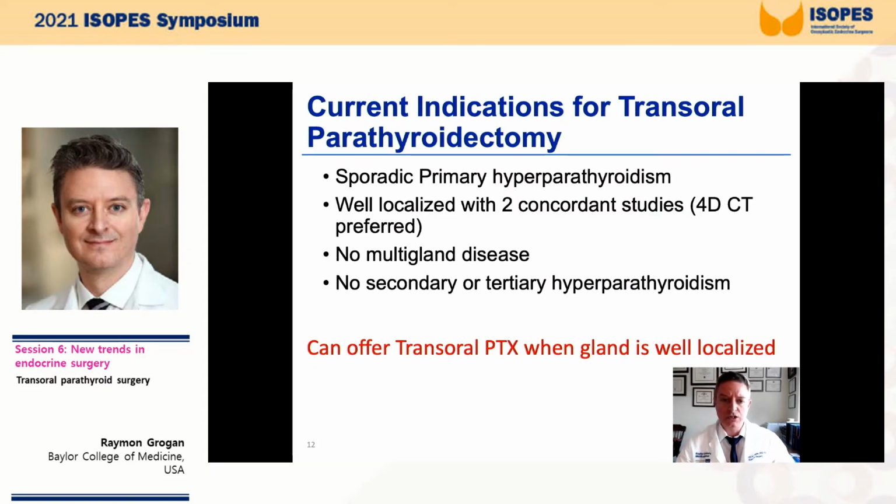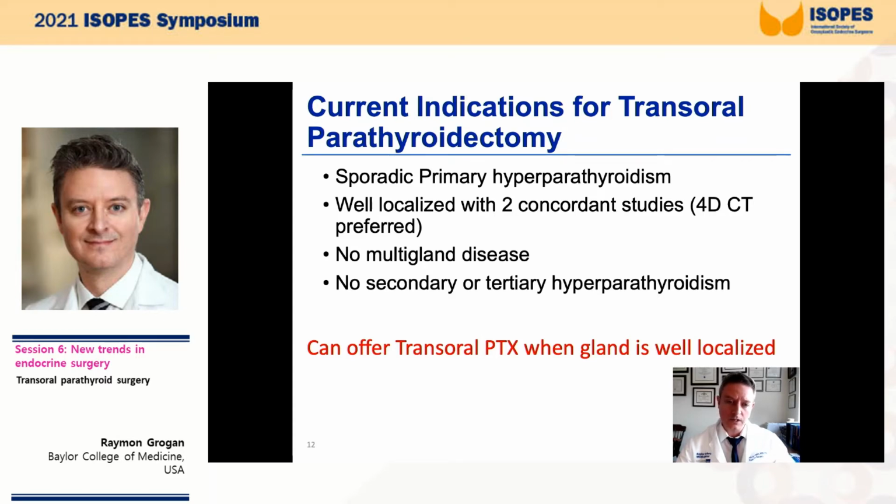So what are the indications for transoral parathyroidectomy? Essentially, like we said earlier, if the parathyroid is well localized with those two imaging studies, then we can do it with the transoral approach. Currently, we're not recommending doing it for things that are not well localized, and we're not recommending it for four-gland explorations. It's not that it technically can't be done,